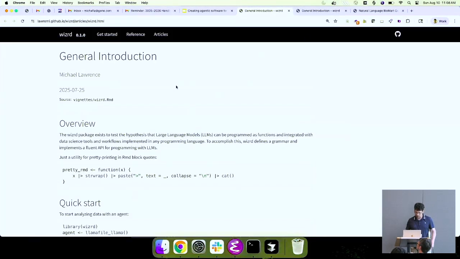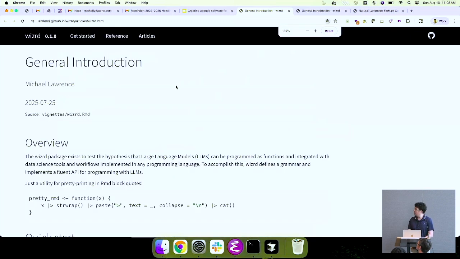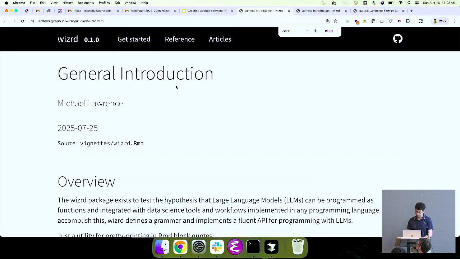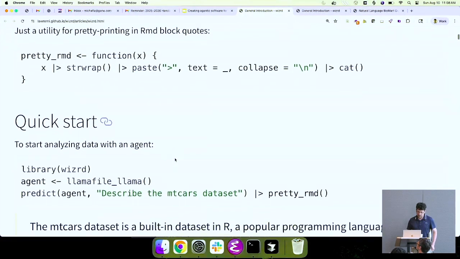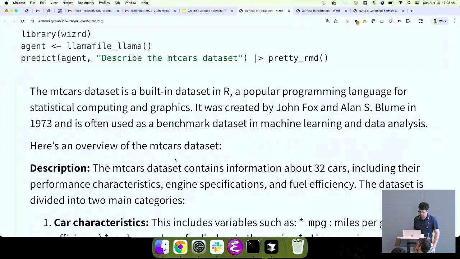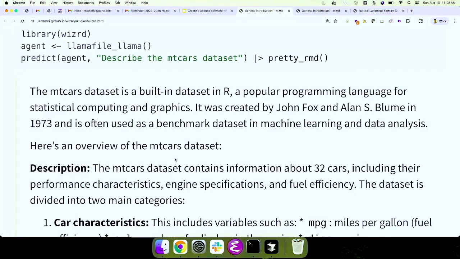All right, so I'm just going to quickly go through a little vignette here. A little bit bigger. It's probably big enough. All right. So it allows you to get started pretty quickly. It uses this thing called llamafile from Mozilla, which is a big fat binary that has the weights and the executable. It's cross-platform, and so you just download this one file, and then it can run some llama model or whatever, something that runs on top of llama.cpp.